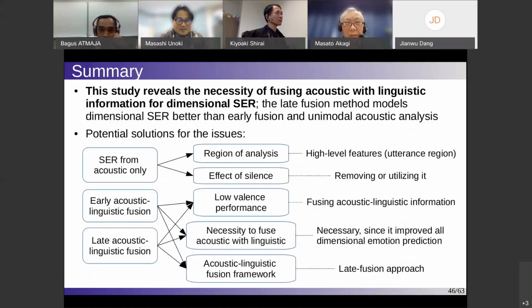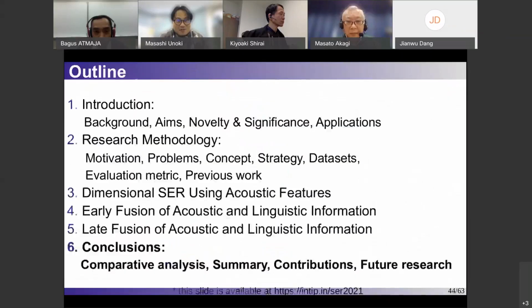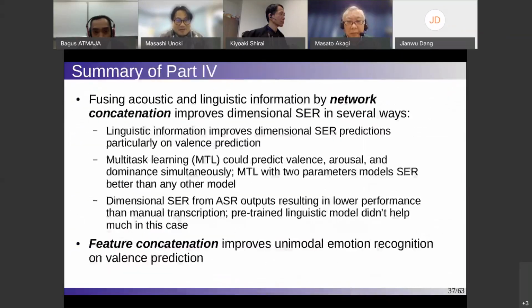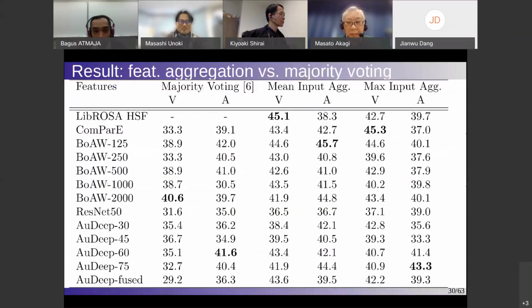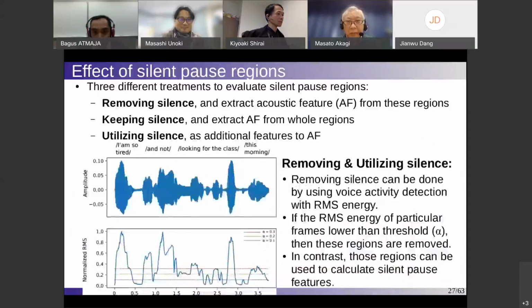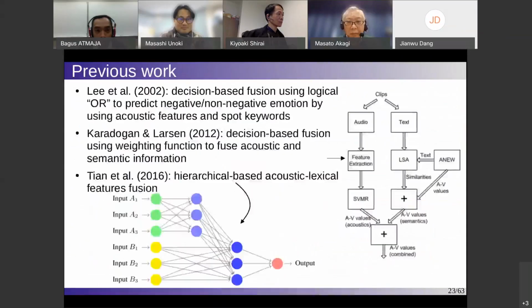So what others? This is a PhD philosophy. Yeah. So philosophy should be the original. Yeah, agree. I think the idea is the same, but I can argue that the concept is different, because in this work my concept is the information, acoustic and linguistic information. For example, in this,